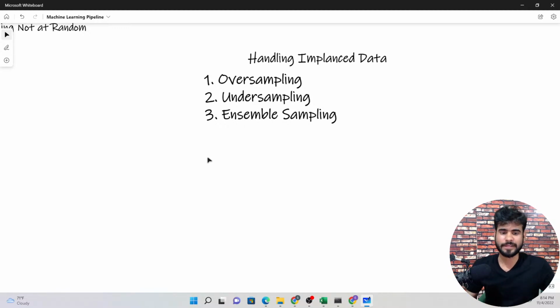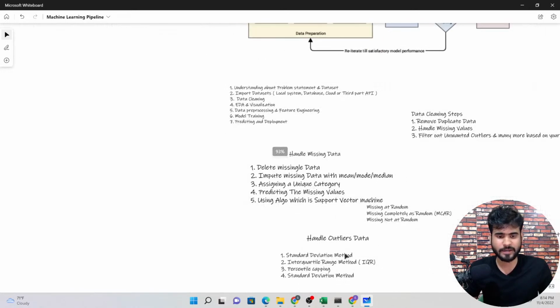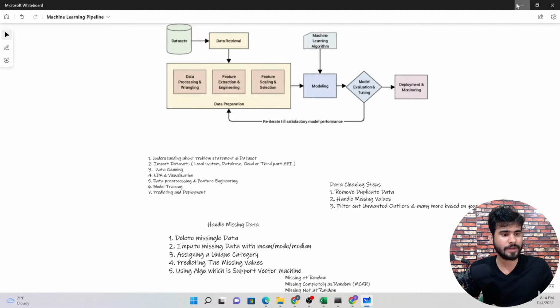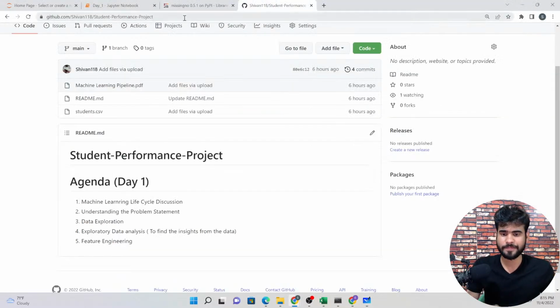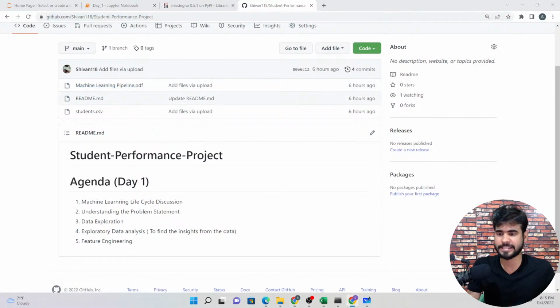Okay, fine. So resources-wise, all those resources you will get here. So let me show you first of all. So this is whatever we have discussed. These are the machine learning pipeline that we have. Okay, so you can just go to my GitHub, and here as you can see I have uploaded the machine learning pipeline PDF. Let me put it down in the chat section so that you can download this PDF file from here. And now let's try to understand the data set.